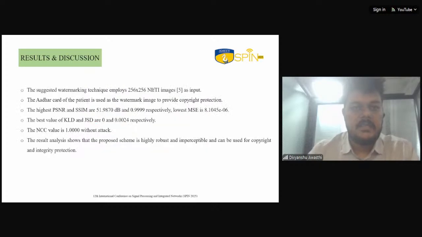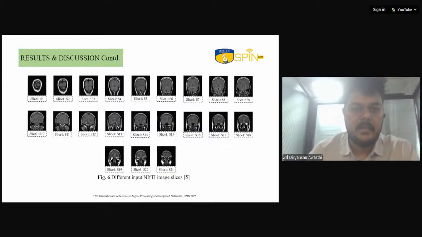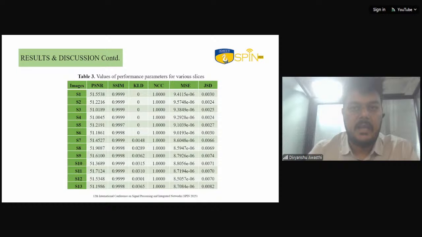And as far as results are concerned, the highest PSNR value which we have obtained is nearly 52 dB, and SSIM is 0.9999, and the lowest mean square error is 8.1 into 10 to the power minus 6, and KLD is 0, and JSD is 0.0024, and NCC value is 1 without attack. These are the 21 slices which have been taken for the input. And these are the results, that is PSNR value, SSIM, KLD, NCC, MSE, and JSD. JSD is the optimized version of KLD. And these are the results without attack